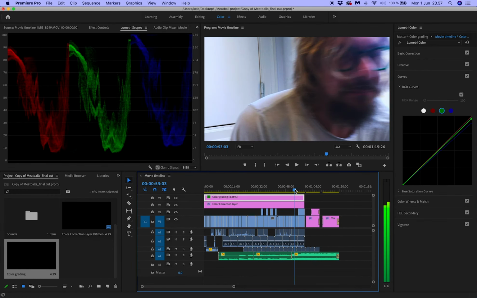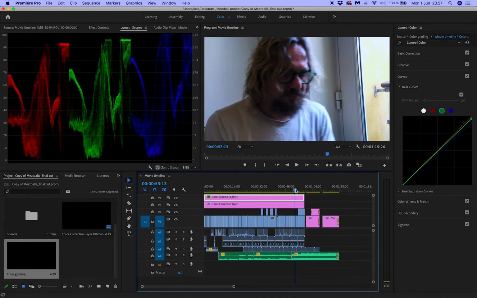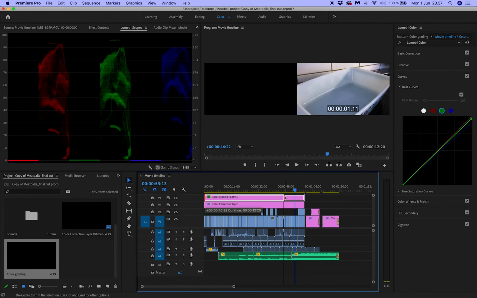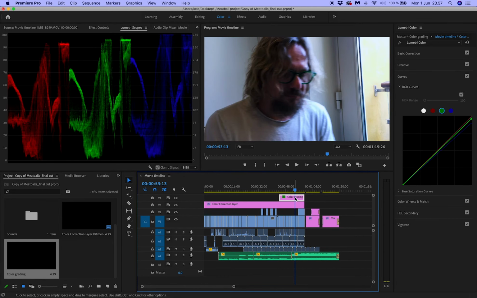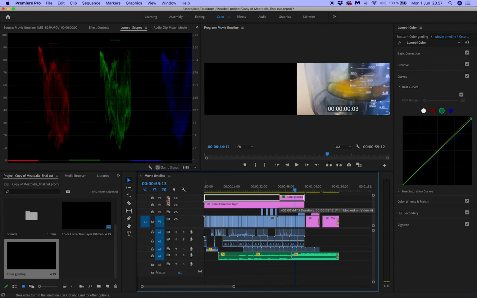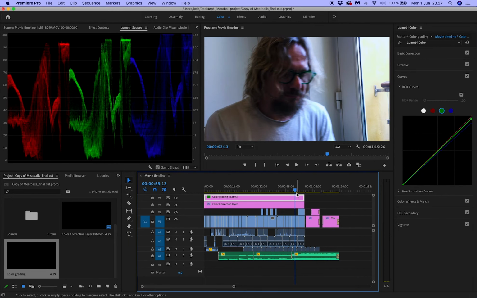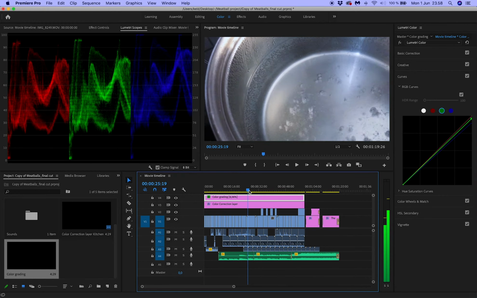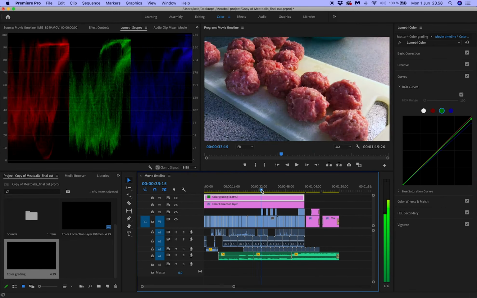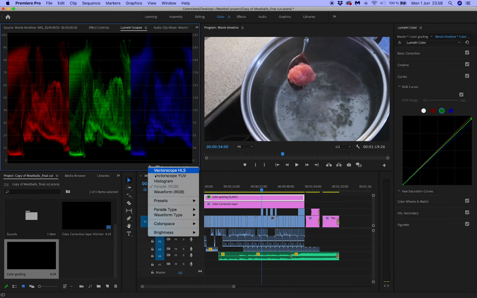that would be hard to do in an adjustment layer, because if I adjusted this clip with the adjustment layer, I would also change all the others, unless of course I make an adjustment layer that just is placed here. Let's just stick with this. Now for this movie I would like to do a little bit of color grading as well. But let's just have a look at